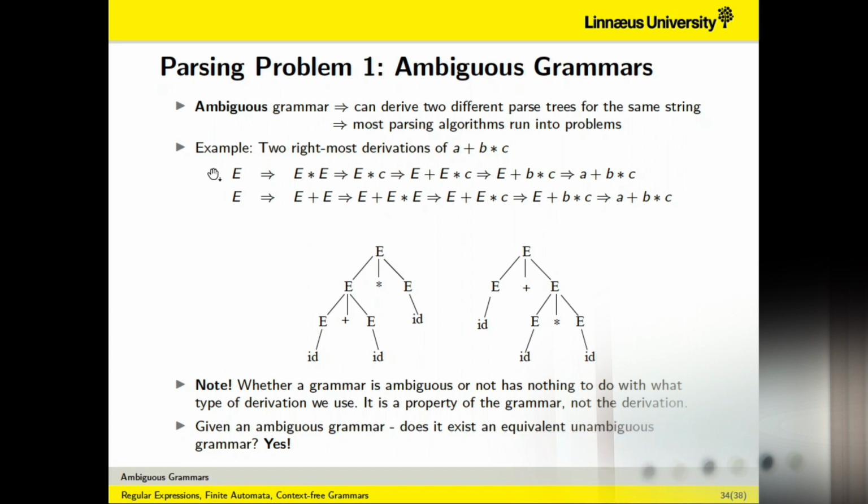And in case of ambiguous grammar, your compiler might get confused. So for example, here we have A plus B multiplied by C, and we can have two different parse trees